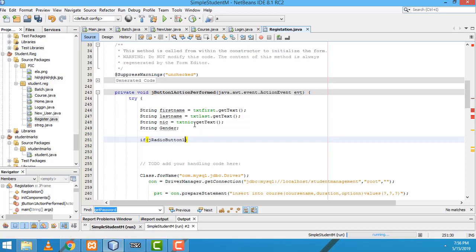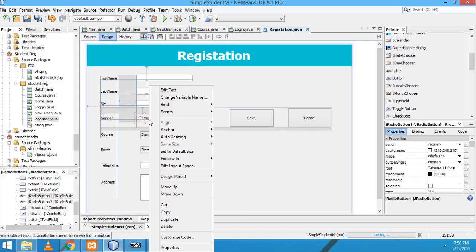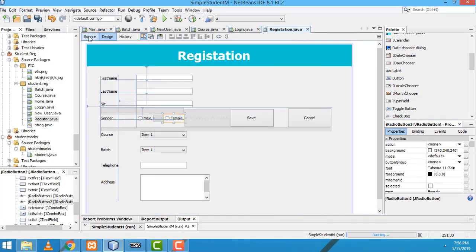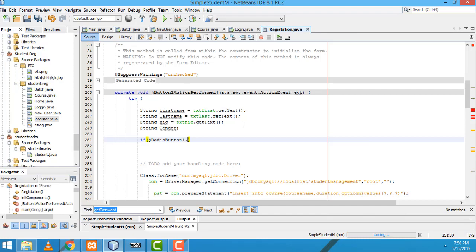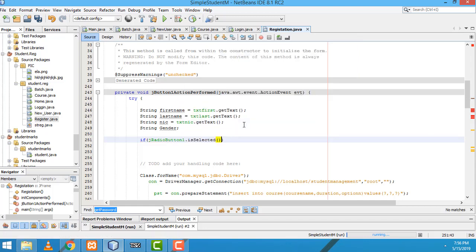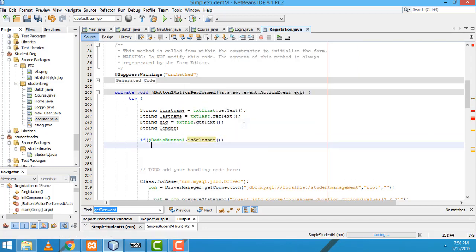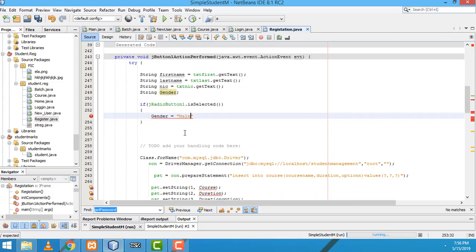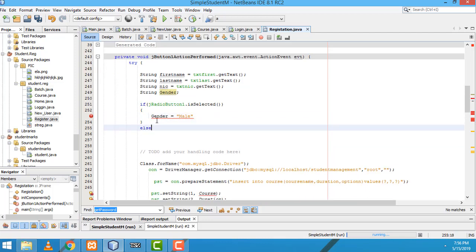The default name should be 1. So for this one, what is the name? You can check in properties, this one should be 2. Then write 1 dot is selected, this one is selected text. You have to write it like this. You have to set the variable gender equal to male. If it is selected male, it's a male, otherwise it is a